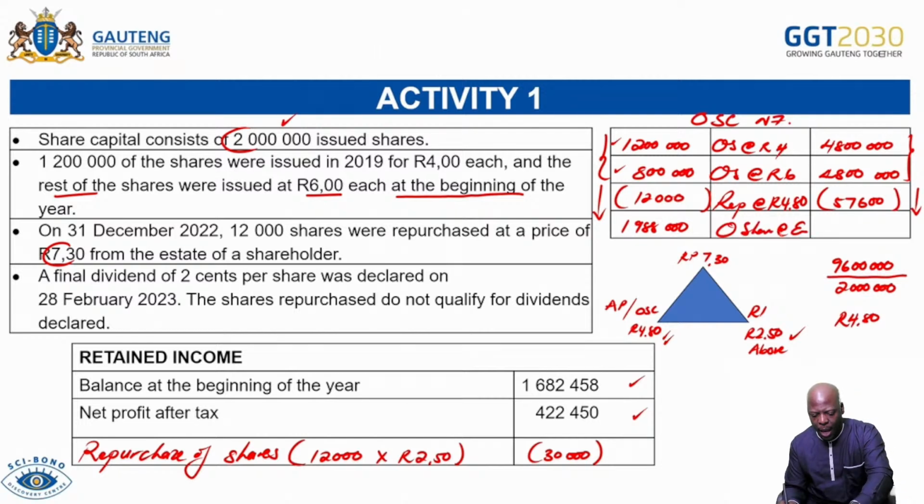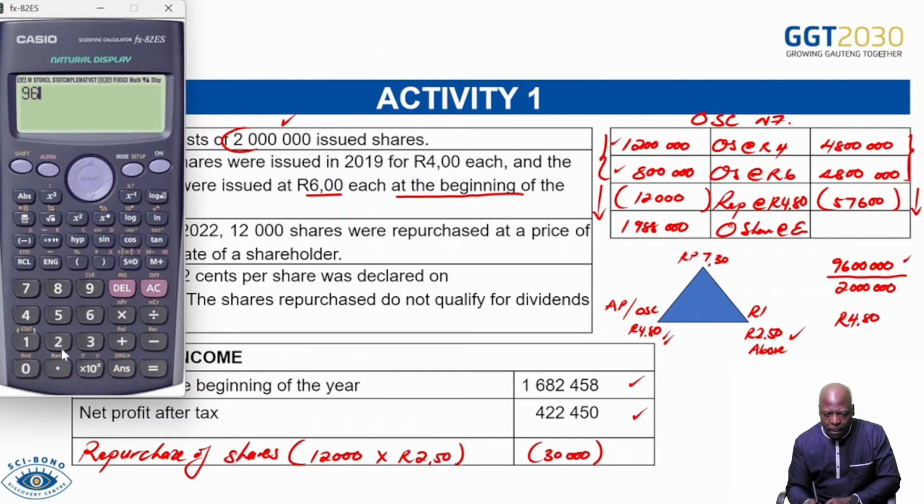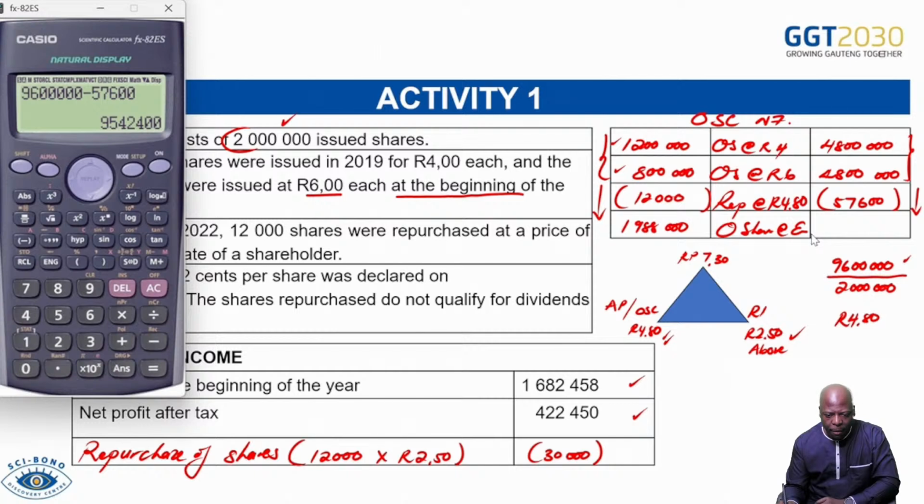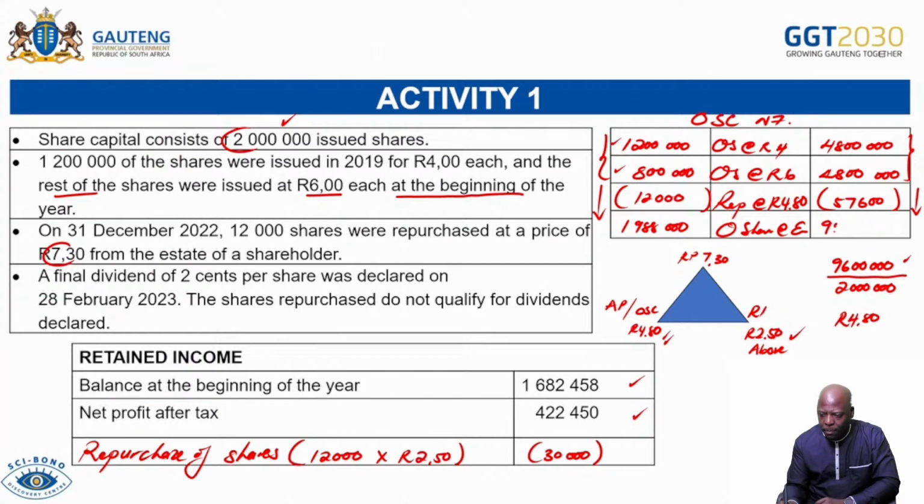In terms of capital, I know that I have the 9.6, so I'm just going to subtract the 57.6. So in terms of the amount, it's going to be 9.6 million minus your 57,600, and that is going to give me 9 million. Let's bring it back again. That is 9,542,400. Then we have done our ordinary share capital account as well as our retained income part, which pertains to